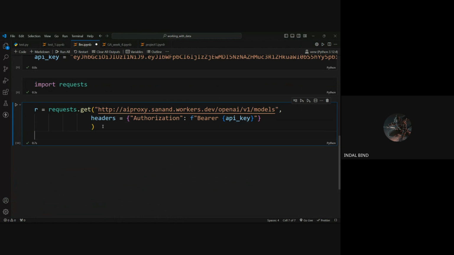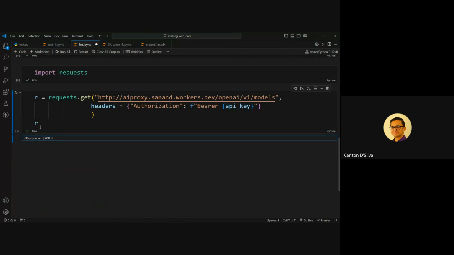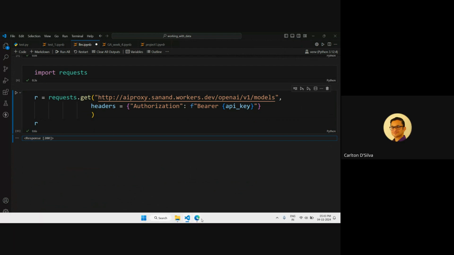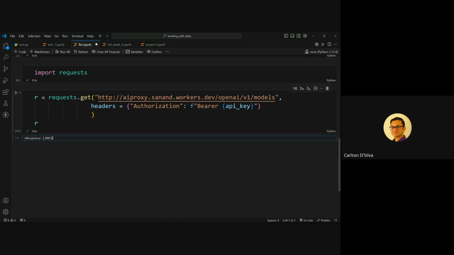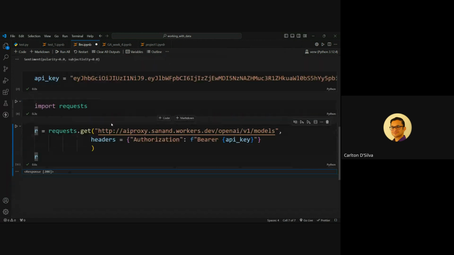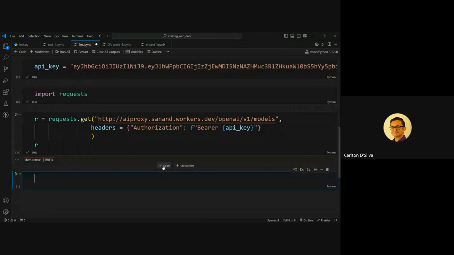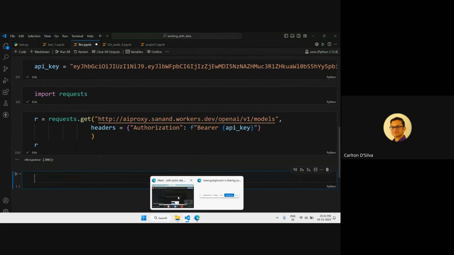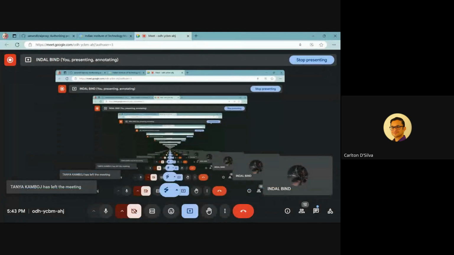Oh yeah. Got it. Thank you. Now, one thing I would suggest is, you got a response 200, right? Anything after this, you process in a separate cell because you don't want to run the request every time. This is a common mistake people make when accessing public APIs. They have the request and also debug it, and every time they debug, they run the request again and again. Eventually they get banned because they have hit the endpoint too many times.